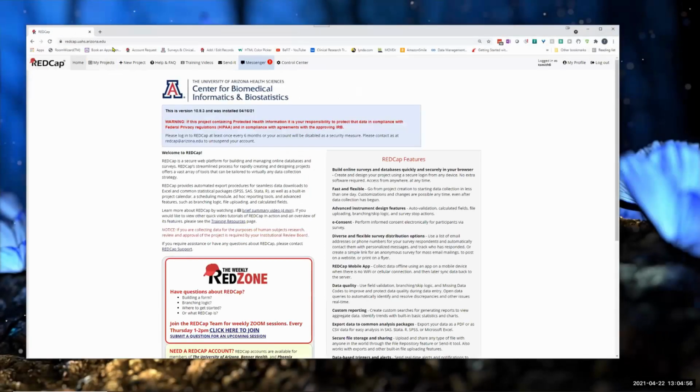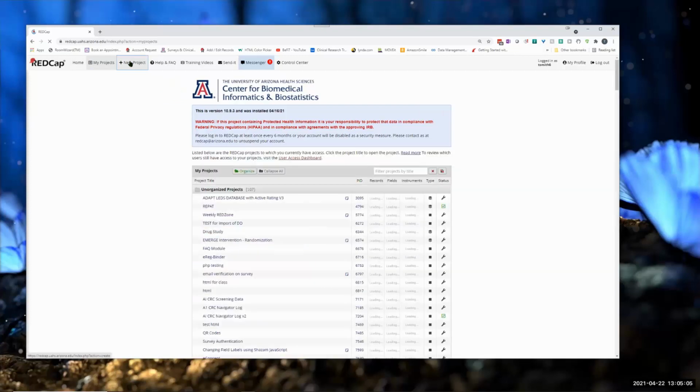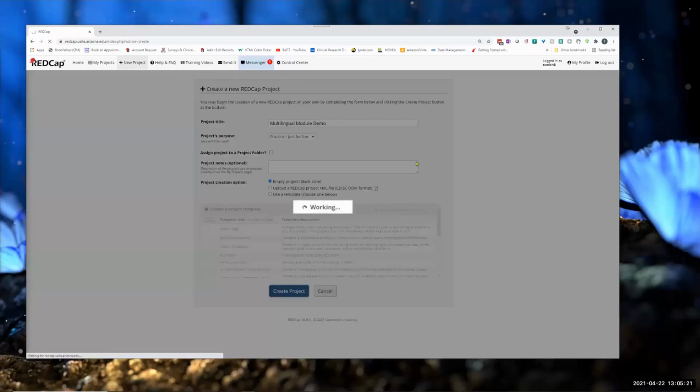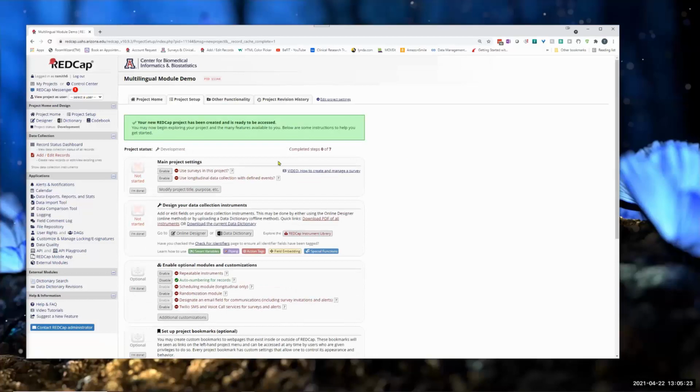So I'm going to just basically do this from scratch so we can see how we start. I'm going to create a new project and create the project. Okay, so I got a blank project and I'm just going to